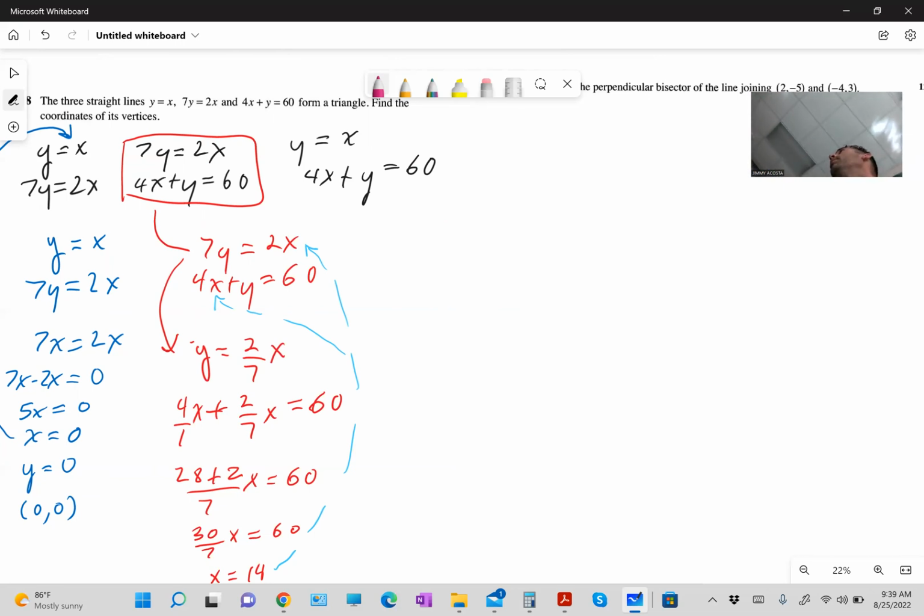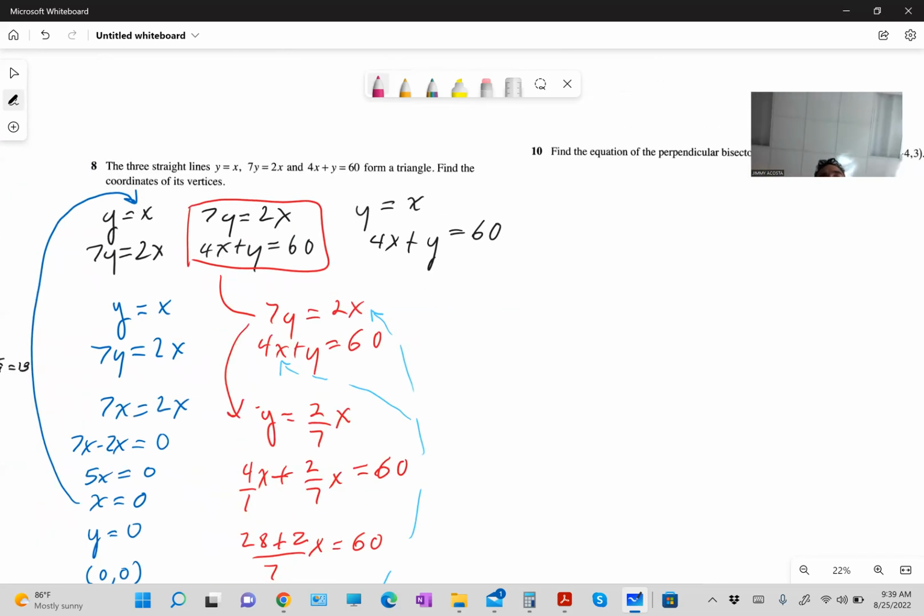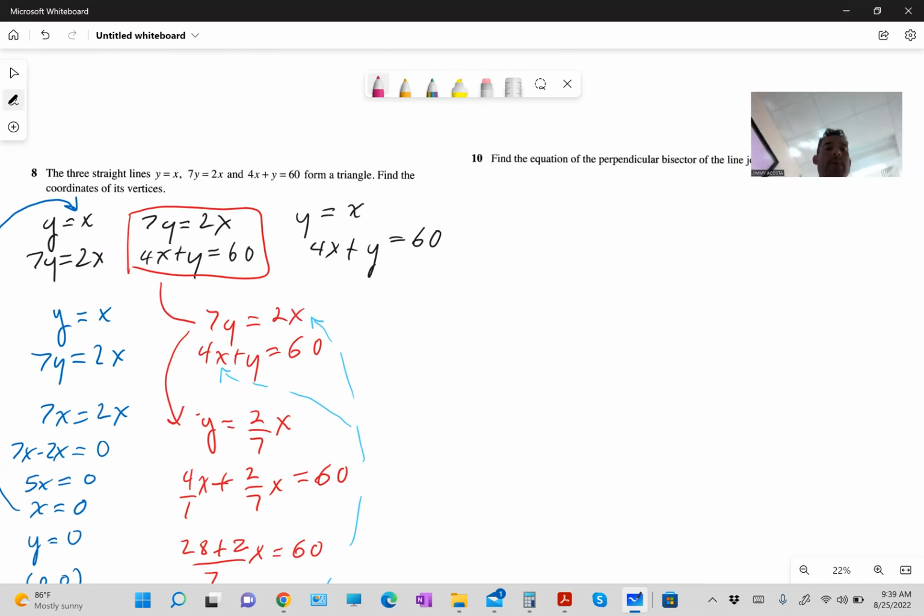Is that difficult? No. And now the last one is y equals x, 4x plus y equals 60. And let me go ahead and,